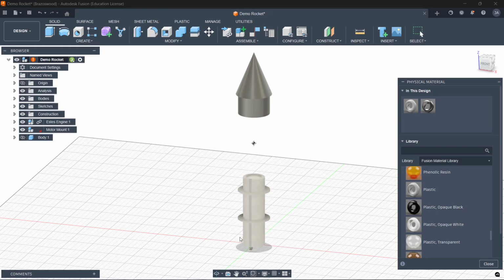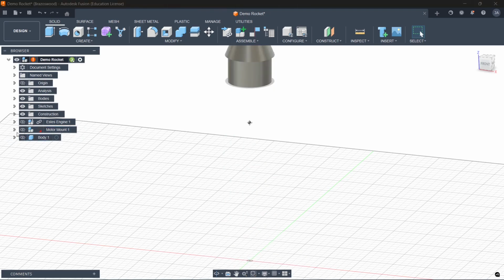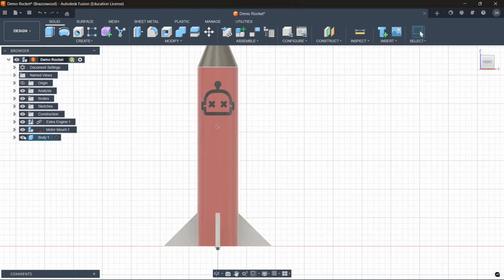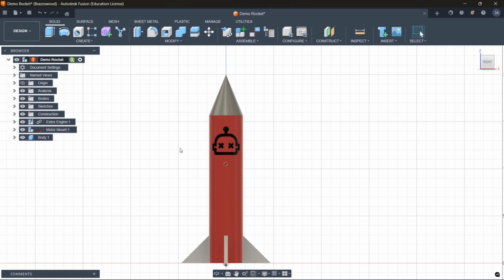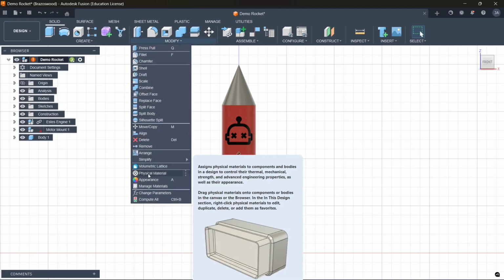Still seem to be getting it. Nope. All right, and then you can see now it does seem that it has worked. Everything should be good, and the center of mass has gone up quite a bit, because now this is plastic, and the nose cone is still steel, which is a much more massive substance, as said before. And so if I were to then change that as well,